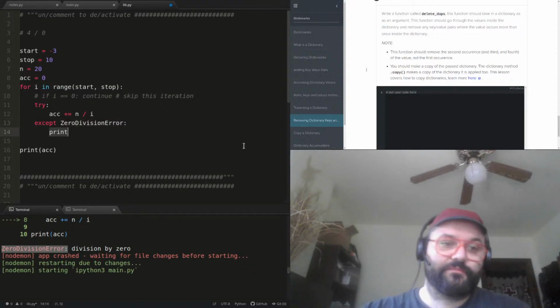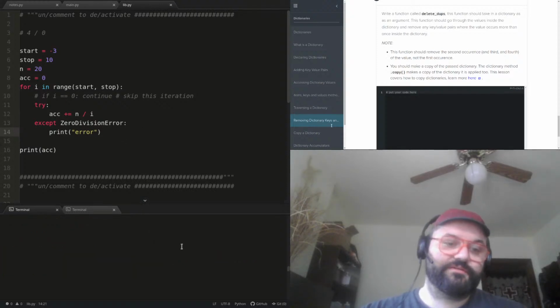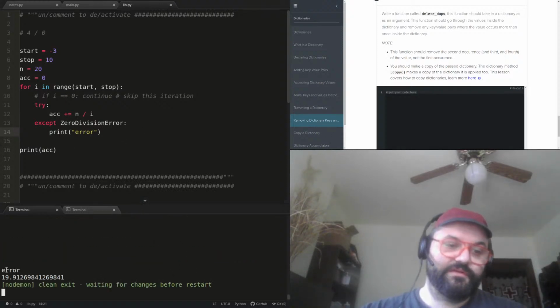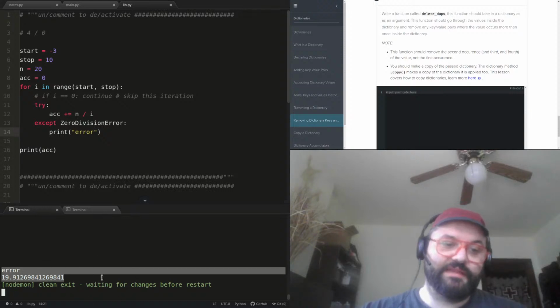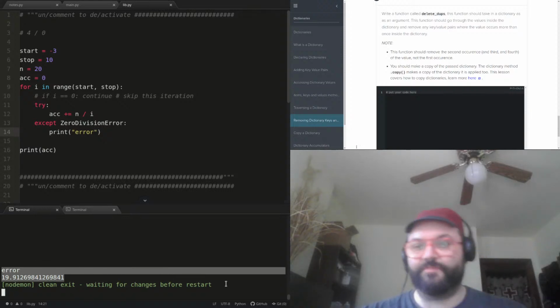So we can say print, just say error. If I run this code, you can see we got that error, and then it still does the sum, still sums over everything.